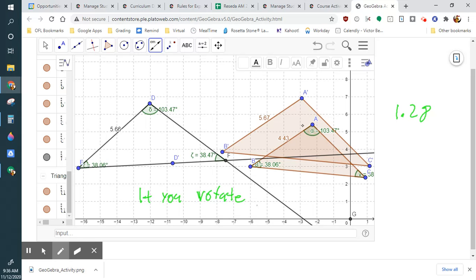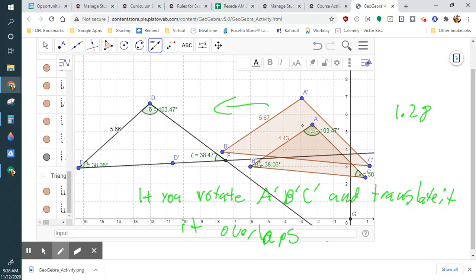So I would say if you rotate, and you're going to need to use your apostrophes on this. If you rotate A apostrophe B apostrophe C apostrophe and translate it, it'll match up with this one. It'll match it, it overlaps,